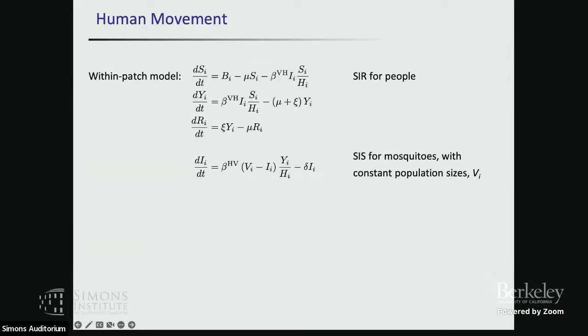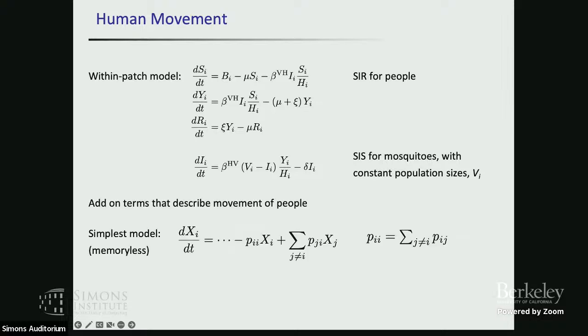Okay, and also now, because I really am thinking about dengue and not malaria, I am going to use an SIR model for people. So people will recover to a recovered and immune state. And then I also have demography, so I have births of new susceptible individuals. I also have deaths from each of the classes. So this would be my model in a single patch.